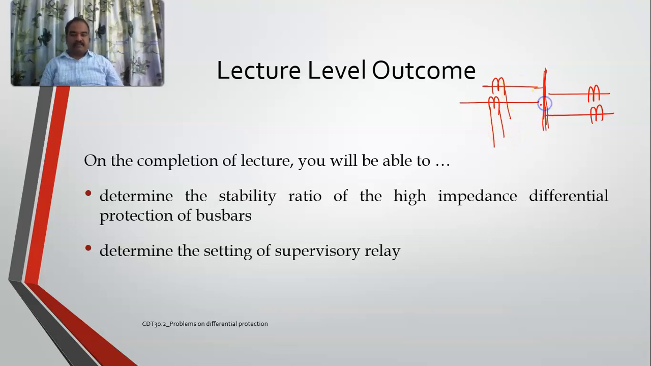If you see this particular figure, you are having two incoming feeders whereas two outgoing feeders. The summation of CT currents of these two is equal to your total incoming current of your feeder, whereas the summation of the currents of these two is called as the outgoing current of your feeder. Now, if I am designing a differential relay for this bus bar, my incoming current is the summation of these two currents. So I'll join these two